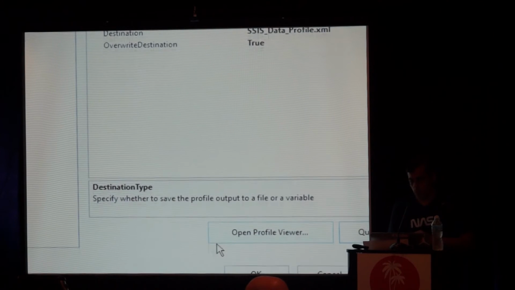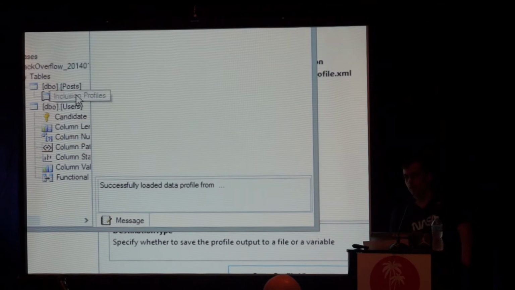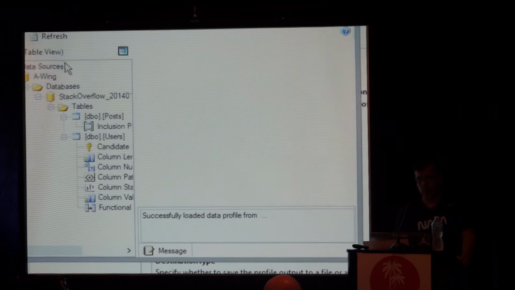On that length profile, wouldn't that be a good place to show if they used a varchar max when they wanted to use a varchar 5 or something? So that won't actually show you. Let's walk through it, and maybe we'll answer that. But I don't think that will tell you, hey, it will tell you the length, but it would be for each individual value. Yeah, that would be nice, but